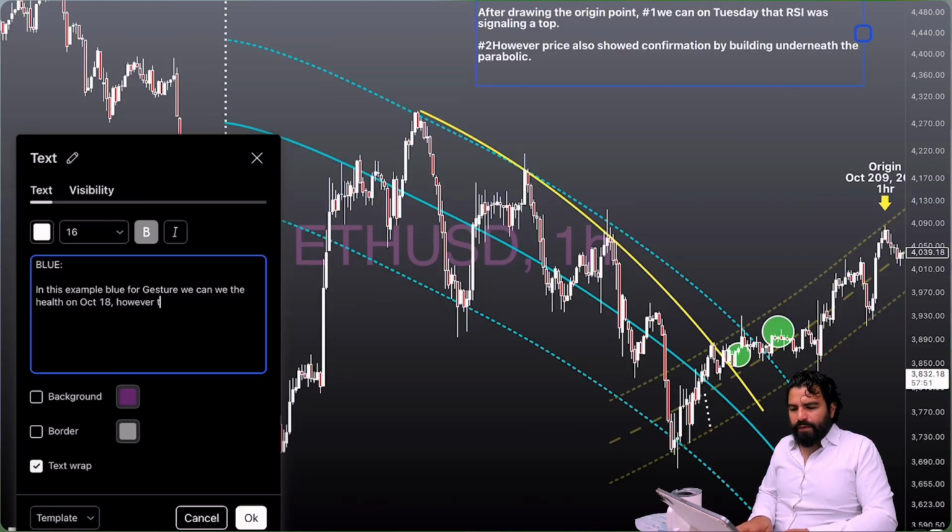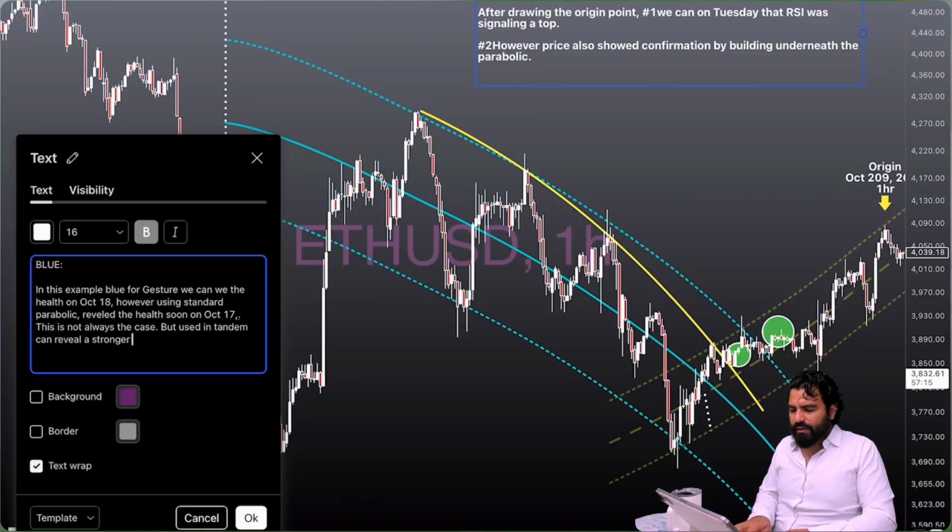However, using standard parabolic revealed the health sooner on October 17th. This is not always the case, but used in tandem can reveal